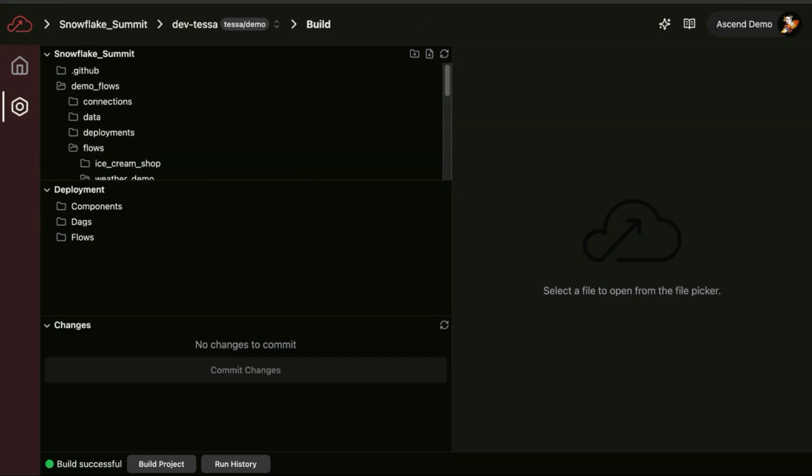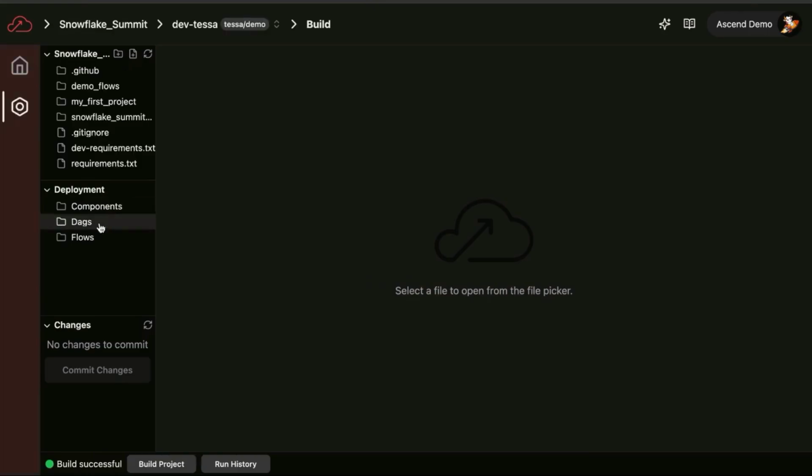Okay, let's go ahead and now we have this all set up. I'm going to refresh it one more time. All right, so let's go ahead and build that project. So we have this new flow. We verified it's all there. It's in Git now. It's in my branch. What we're going to do when we build a project is we're actually compiling the code. So we're going to complete that